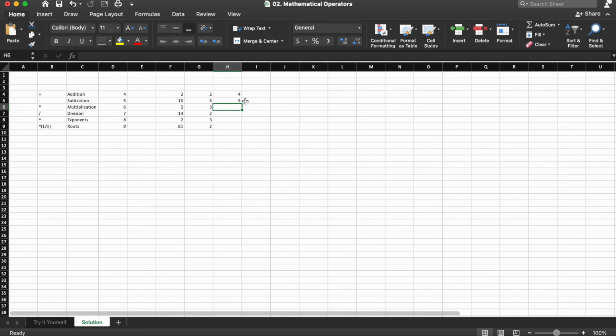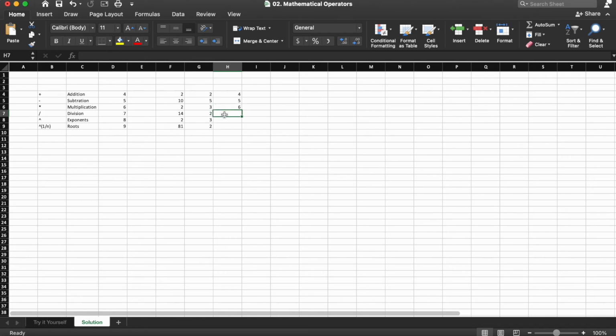Okay, next on to multiplication. And for the rest of these, feel free to do whichever way you want. You can either type the address of the cell, or you can select it, whatever you're most comfortable with. Feel free to change it up and get used to both ways as well. So we're going to do equals F6, then shift 8 for that asterisk symbol, times G6, and then enter or return. And we should see the number 6 in cell H6.